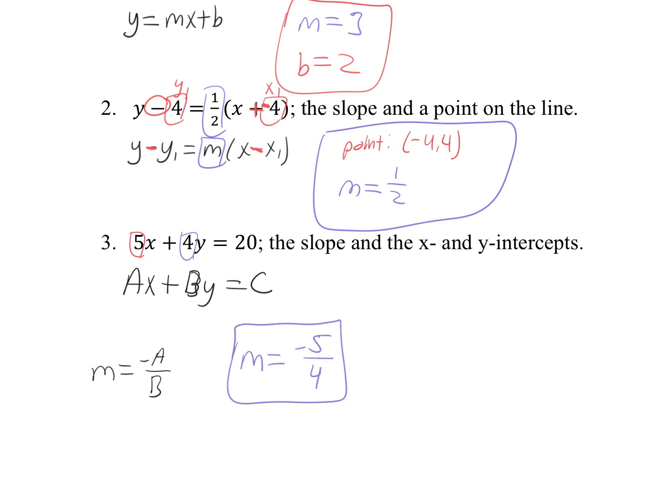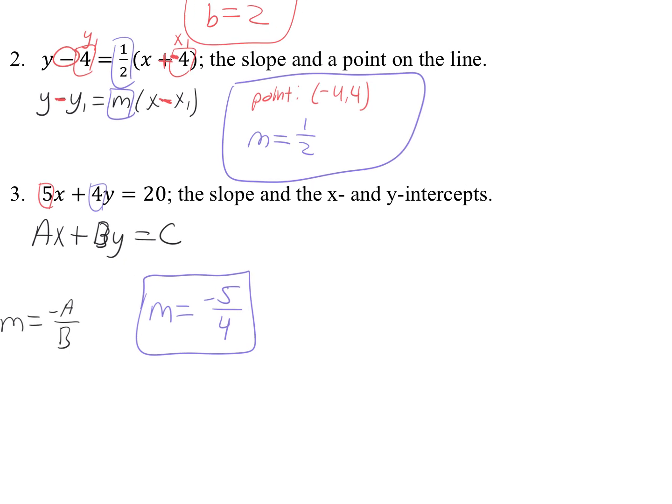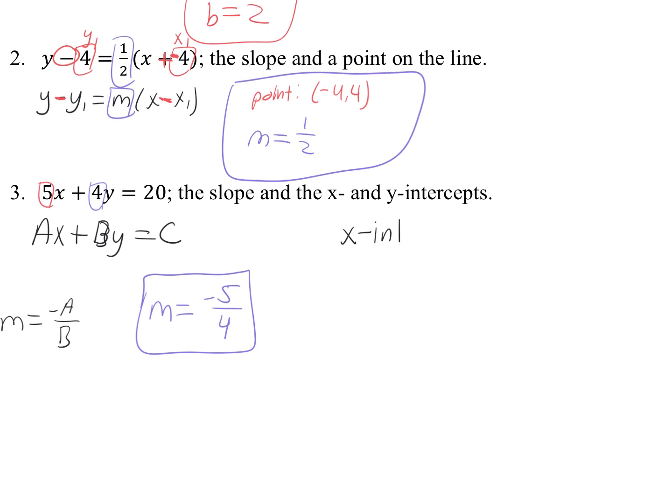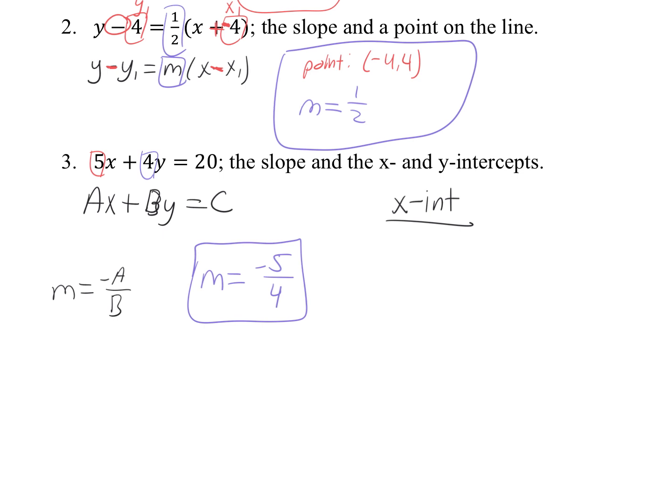Now we want to find the x and y intercepts. To find the x-intercept, I'm going to take my equation and plug in a 0 for y. Now, another way that you can do this, if I know that the equation is 5x plus 4y equals 20, I had taught you guys in class, if you're not comfortable plugging in a 0 for y right here, doing 4 times 0, and then simplifying that, and then doing 5x equals 20, what you can do is